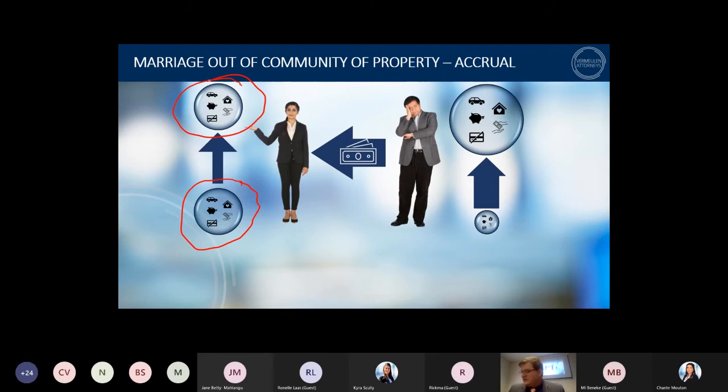As you will see here, it stays roughly the same. However, if we look at the picture on the right, we sit with a much smaller commencement value and a much higher ending value. So our spouse on the right has